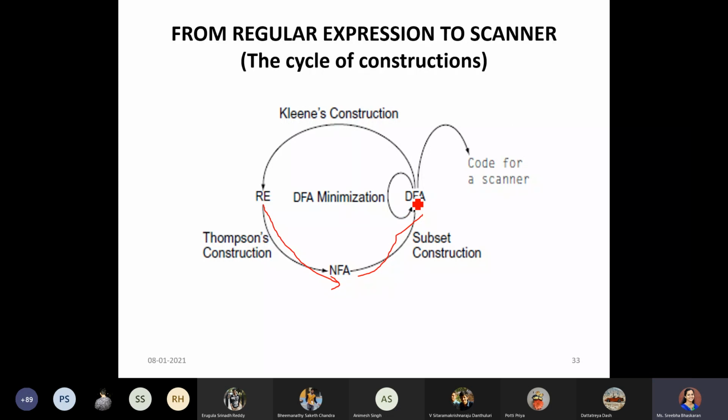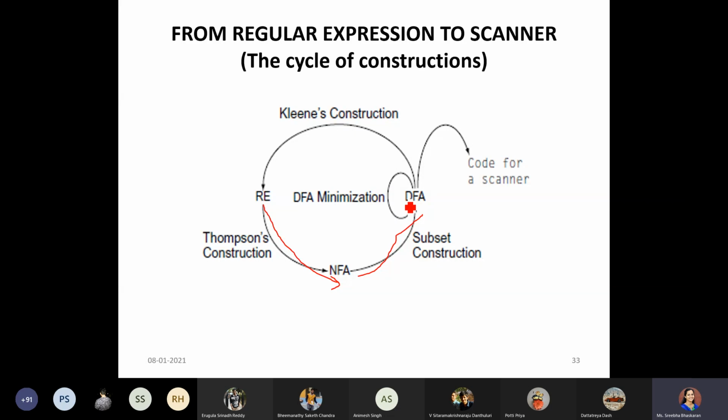Once we get the DFA, we can check again, because of space complexity, to reduce the space consumption, we can apply minimization. So we can reduce the number of states, if possible, whatever has already been achieved. For that, two algorithms are there. One algorithm which we have discussed in TOC is the tabulation method. The second algorithm we will discuss in today's class is the grouping algorithm.